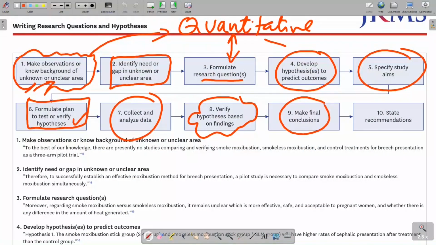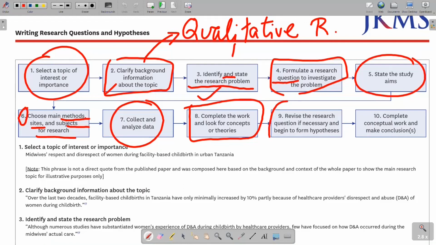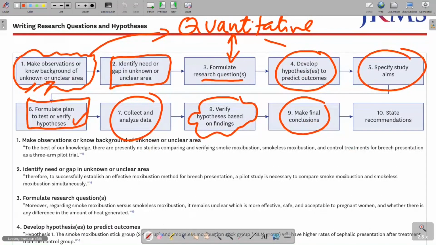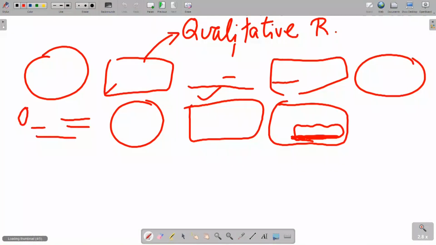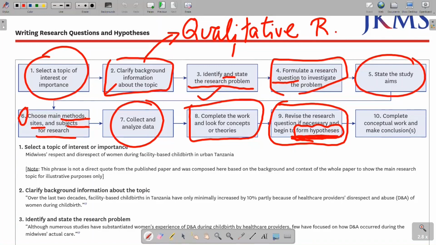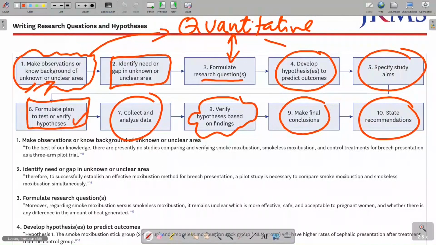And then in quantitative work, make final conclusions. Here in qualitative, revise the research questions if necessary, or begin to form hypotheses. Now, in the final stage, your conclusion is going to form the new hypothesis for further quantitative research. Finally, the final part of quantitative research, state recommendations, whereas in qualitative research, complete the conceptual framework and make conclusions here. So, these two flow charts, or let us say these two comparative algorithms of qualitative and quantitative,